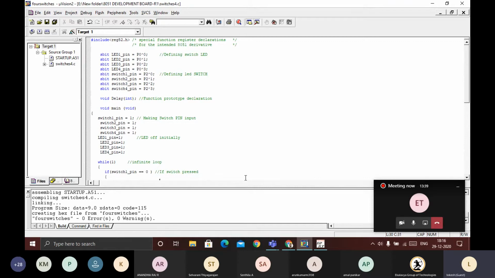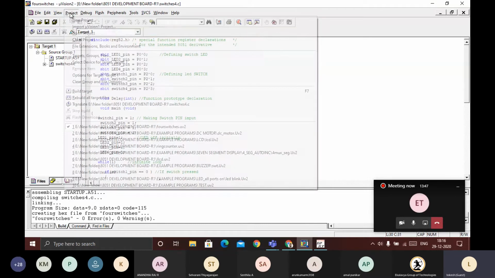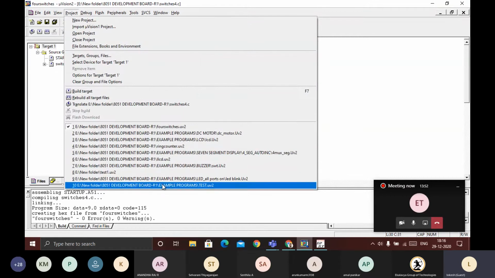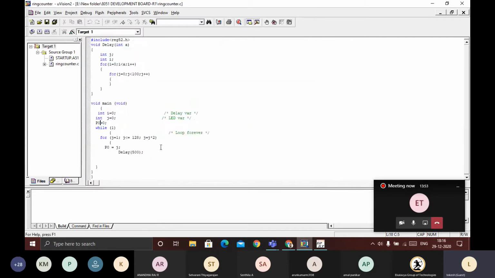If I send 0, then LED 0 will go, then 1, 2, 3, 4, 5, 6 like that. For that program, open the ring counter program. The ring counter will continuously count.